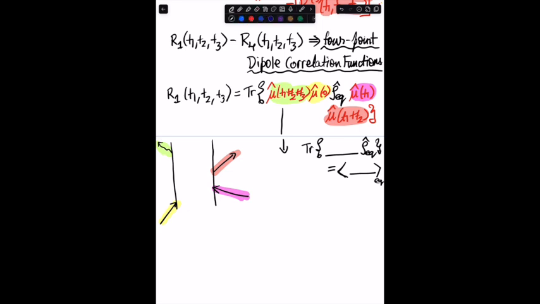So that's what I'm going to do here. So you get mu T1, mu T1 plus T2, dot dot dot, mu T1 plus T2 plus T3, mu 0,